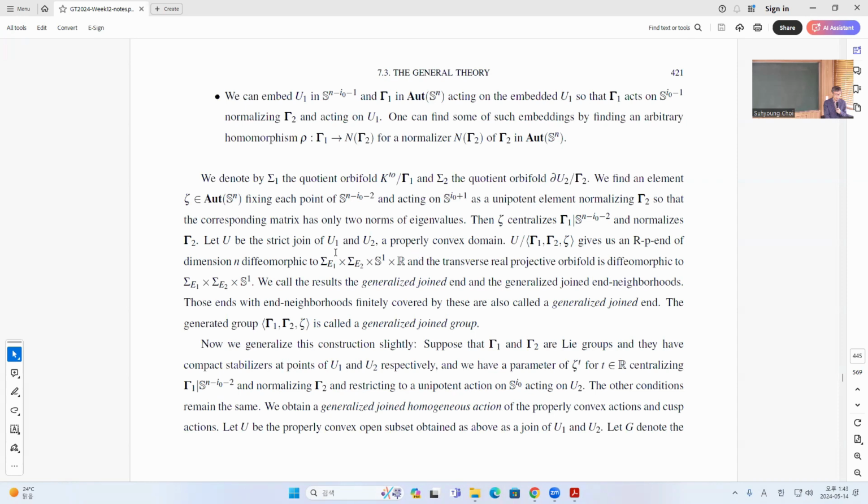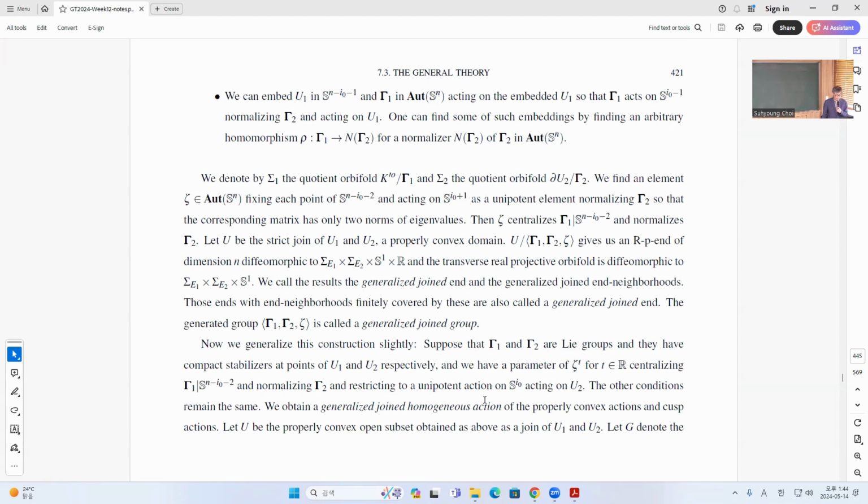Okay, then let U be the strict join of U1 and U2. So this will be a properly convex domain, and then U mod gamma 1 and gamma 2 gives you an RP^n orbifold diffeomorphic to sigma gamma 1 times sigma E1 times sigma E2 times S1 times R. And the transverse real projective orbifold is diffeomorphic to this, and so the result is called the generalized join neighborhood, and so this is called the generalized join group. Okay, so we can